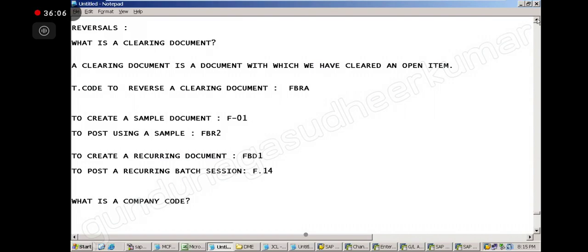How do you define a company code? It's a 4-digit code. Can you use 6 digits? No. It's an entity.